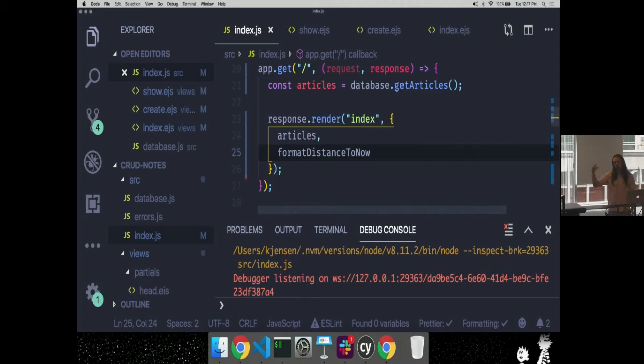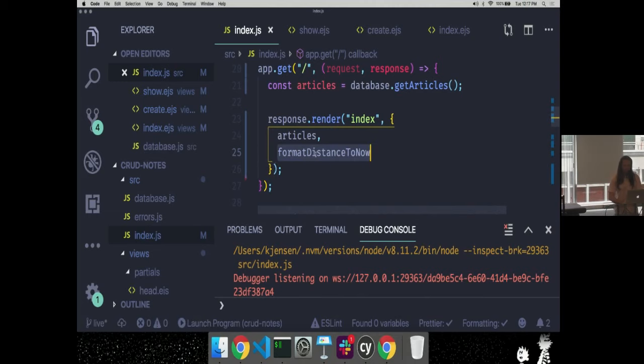It just happens when the EJS file is being generated. Okay, but so it is on the fly. You're not changing it, but it's happening before the response gets sent. So you could do this on the client as well, where we send a data object from the server, and then the client uses JavaScript to render the right formatted date. We're not doing that. We're using JavaScript on the server to do that.